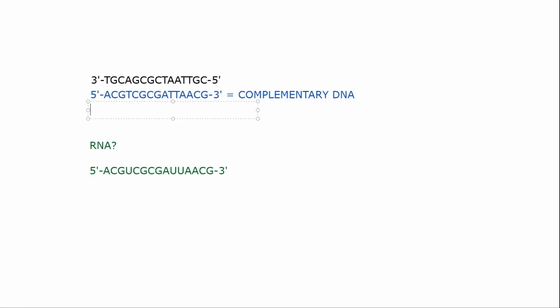So if the bottom strand is going to be in U instead of thymine: A, G, C, U, A. So these are the two strands of mRNA that would come out of this sequence,